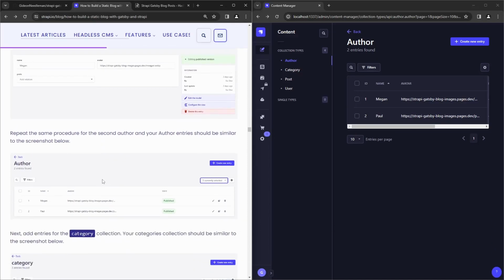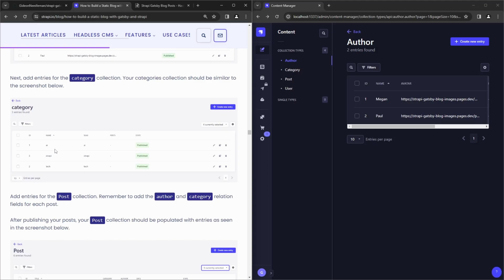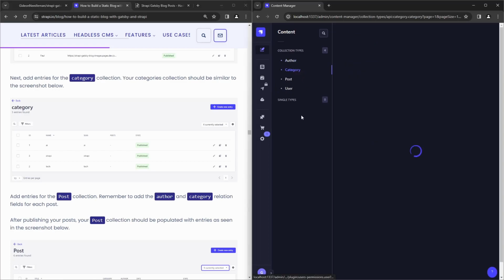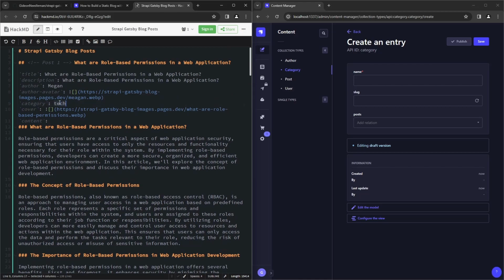All right, so that's Megan. Next, we're going to do the same thing for the category, right? So we see that there are three categories here. We've got AI, Strapi, and Tech. So we'll go to category. We'll create a new entry. And yeah, this first one is going to be Tech,